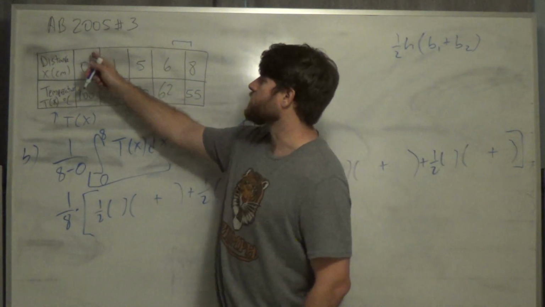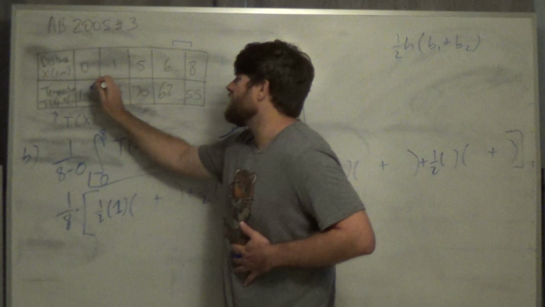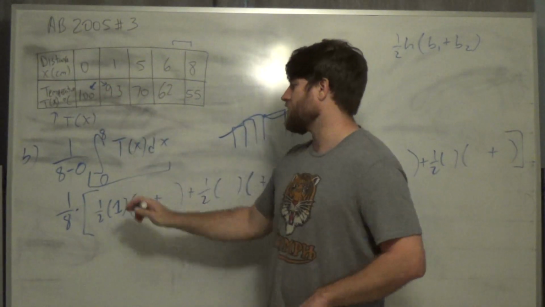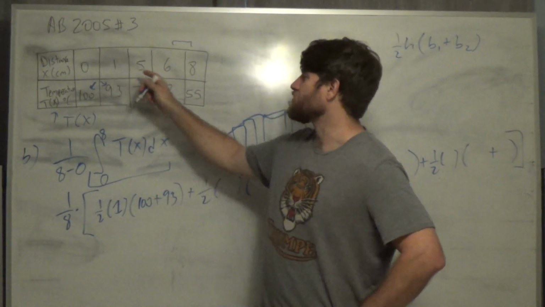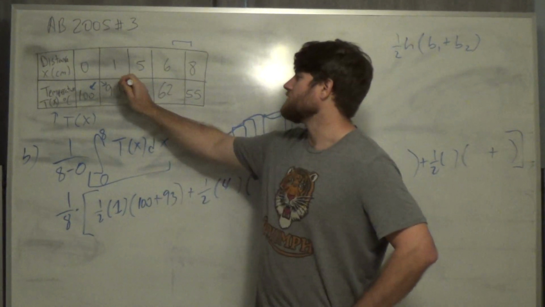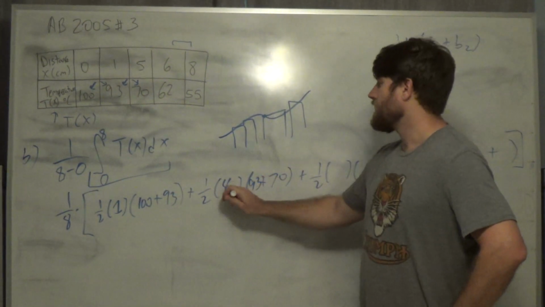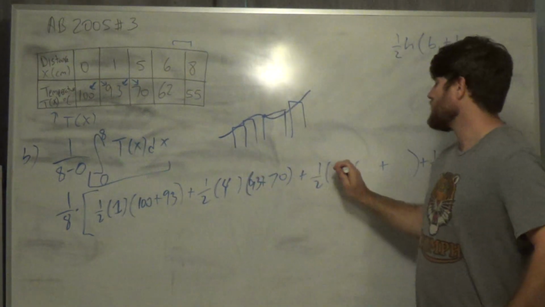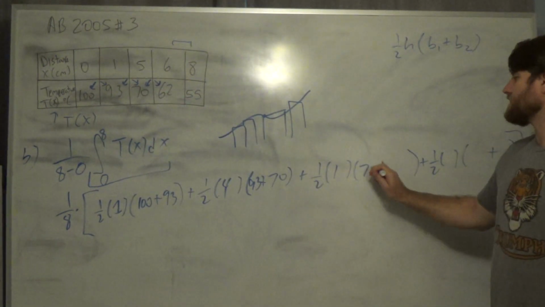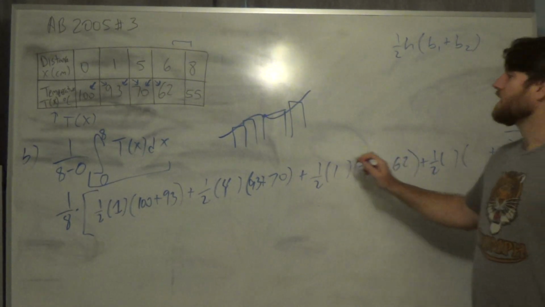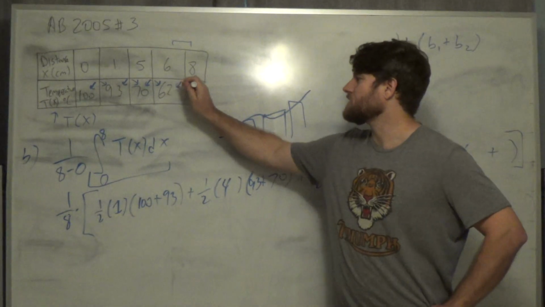All right, so the height of the first one is how far are 0 and 1 apart? That's a 1, and then you use these for your two bases. So here we have 100 and 93. So here the distance between them is 4, and again we use these two, 93 and 70. And then here again the height is 1, and then we use these two for the base 1 and base 2, 70 and 62. And finally the height of the last one is 2, and we're using these two, 62